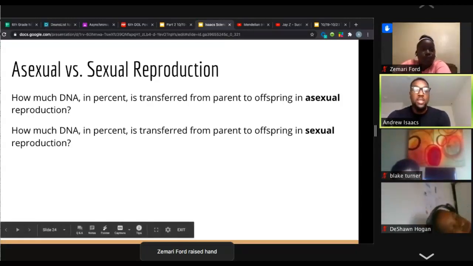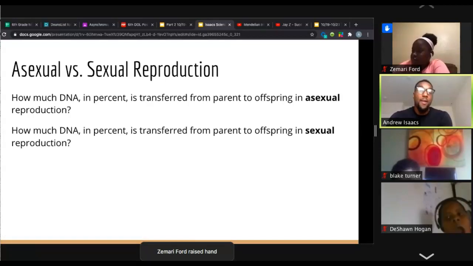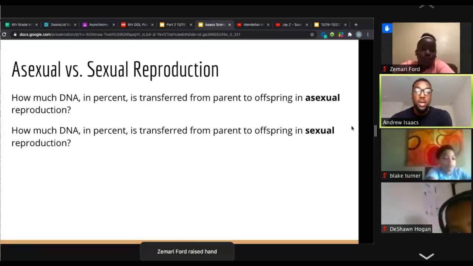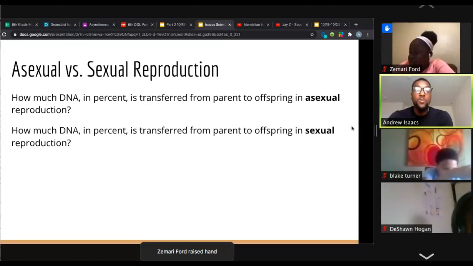What do you think? What percent of the DNA is being transferred from a parent to offspring in sexual reproduction, right? So sexual reproduction is when two parents reproduce. What percent is being transferred from them? So I see a response from Kalia,